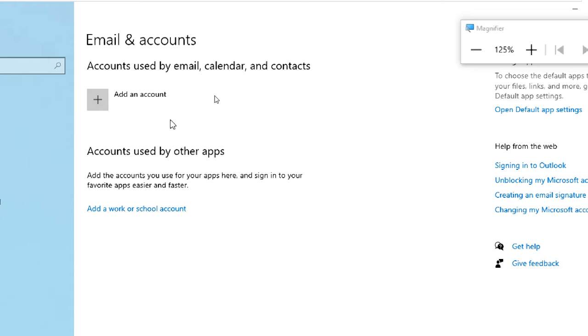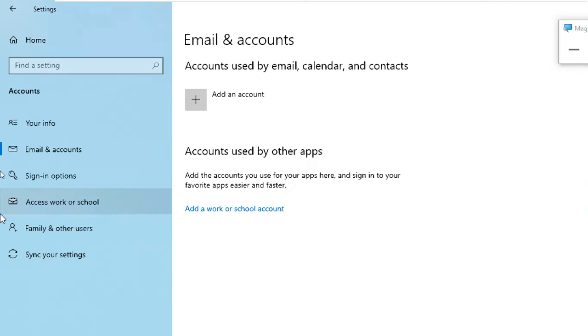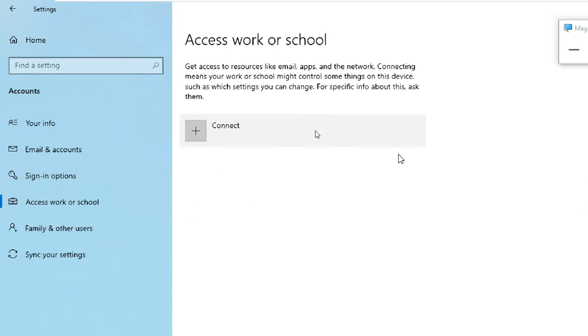So your college, organization, or personal Microsoft accounts, you can add here, like this work and school kind of thing. If you want to connect with your work organization or school, you can connect to their organizations.